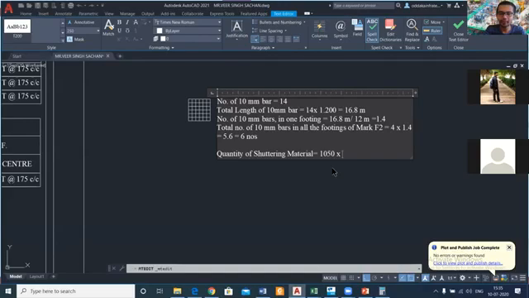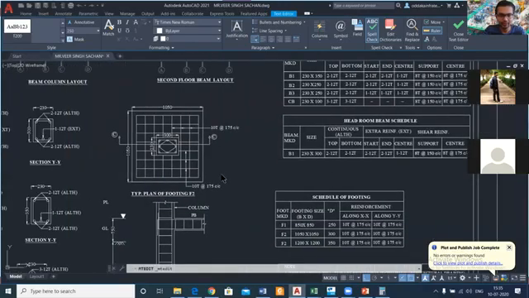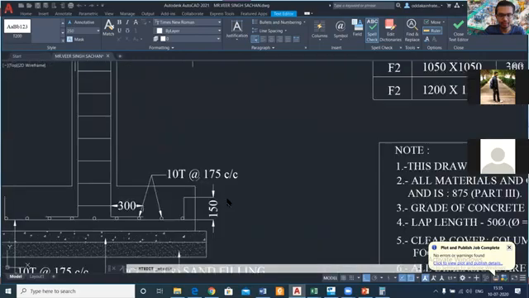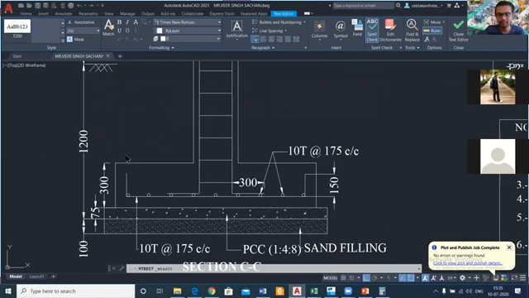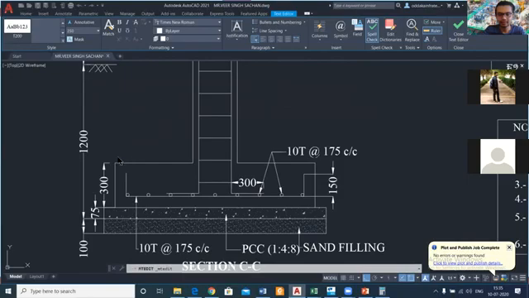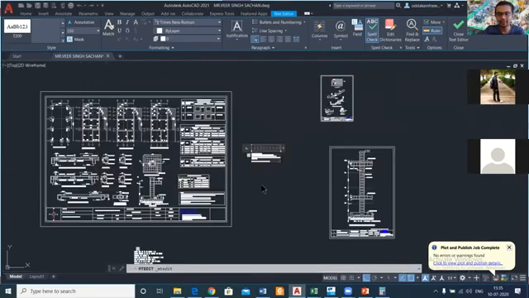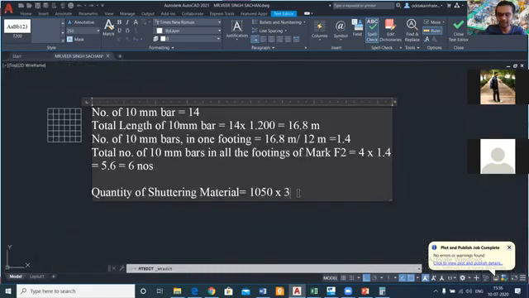And what is the depth of the footing? From this figure, can anyone tell me? 300. Yes, sir, 300, because for the 75 mm of PCC there is no shuttering material required. So the depth of the shuttering material will be 300.